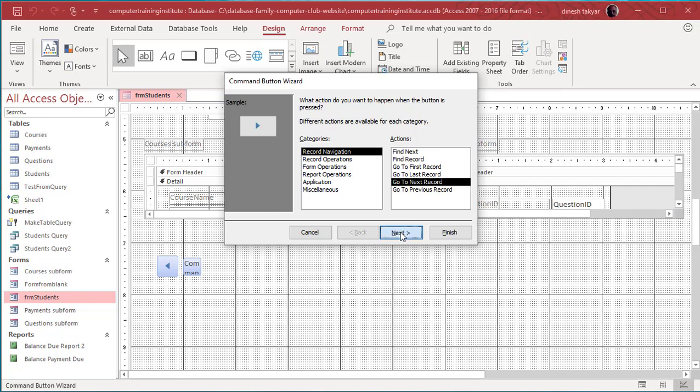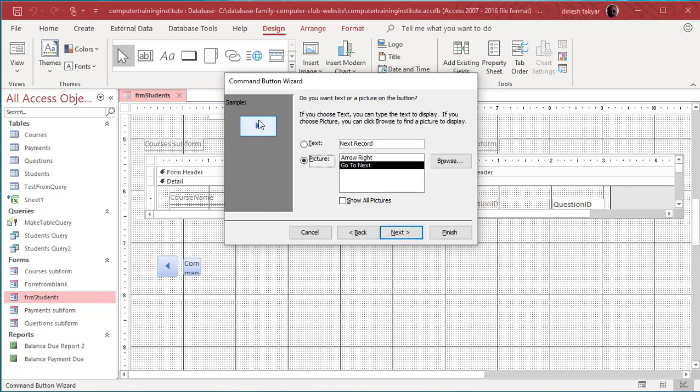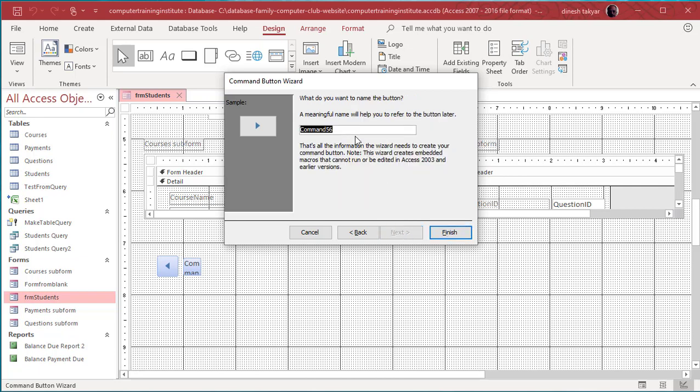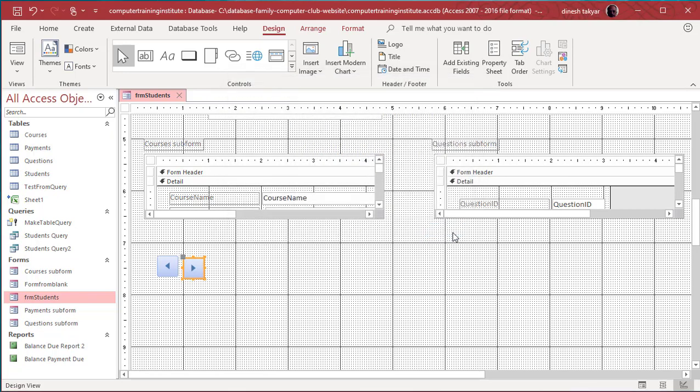We'll click on next, and you can see also that it has already given us this icon here. If you click on text, then you can write, for example, go to next. So we'll click on next, and we will give it a meaningful name. So we will say btn next. You can say next record also if you like, but next is enough. So we'll say finish, and we have this button here.